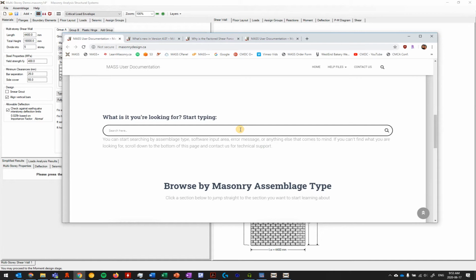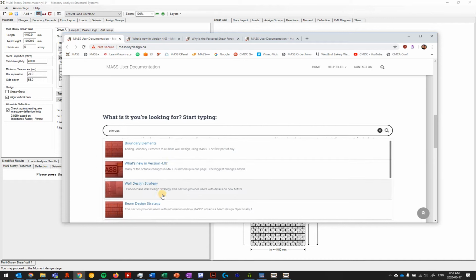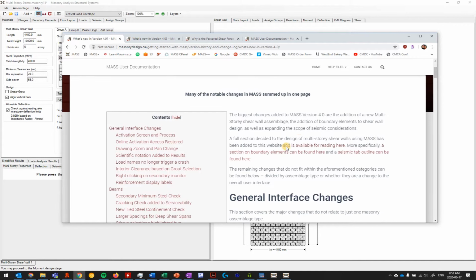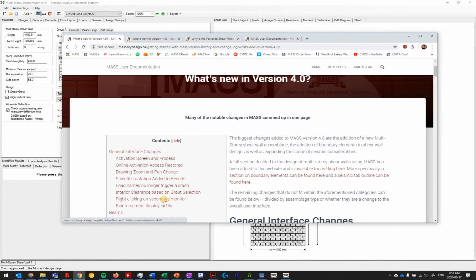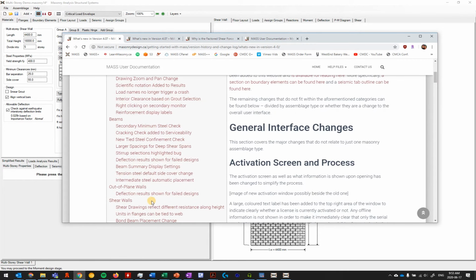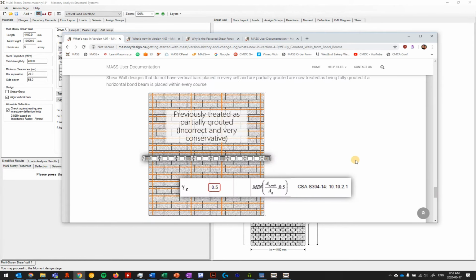So even if you start searching for stirrups, for example, you just start typing and it will start populating different results. Another thing with this website, and it shows up as a result here, is specifically with version 4, anything having to do with the new software. I'm going to run through some of these features, but there are some things with existing features that have also been changed. And so if you have any questions about things like that, you can go down and